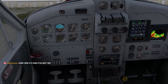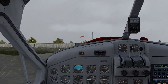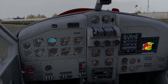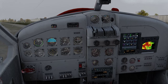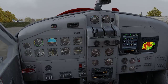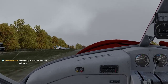And yeah, this has the GTN 750, the Flight 1 GTN 750, which I have actually taken out of all of my other airplanes just because I don't really need it, and I like just doing it with the regular unit. But I am going to do it today just because I need to have the frequency panels here, and so I'm not using the map. I could program it in, and I probably ought to really at one of these flights, but just so I can remember how to enter a flight plan, because it does come in handy to be able to use this thing from time to time. But I'm not going to worry about it right for this particular